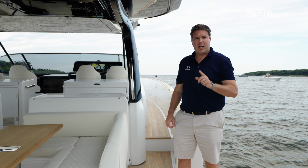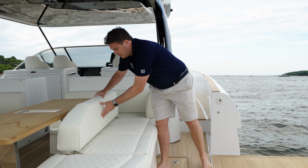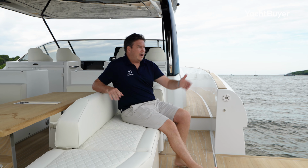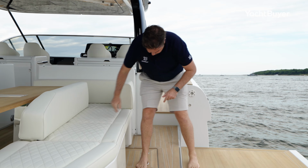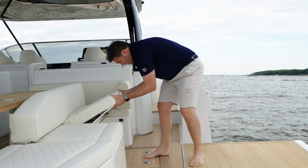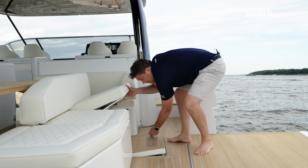I'm glad we came to the crew cabin because I forgot a function, which is that these backrests flip over the other way, so then of course you can use these seats to look out over the balconies. Just makes a bit more of them. You've not always got your backs to them. But the other point is that you can lift this up, and through here is where you have access to